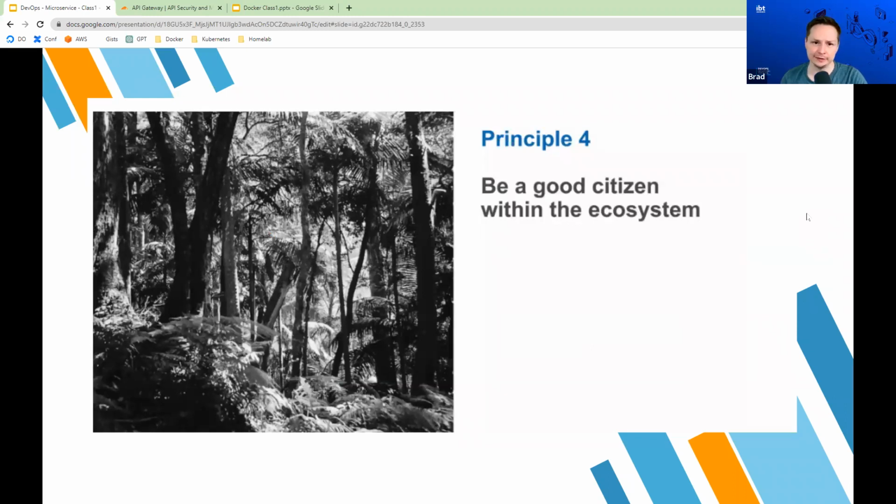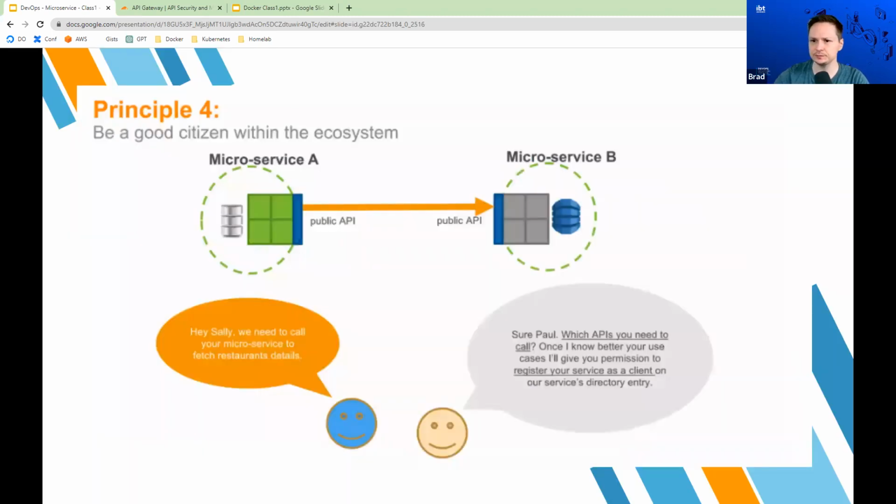The next one is be a good citizen within the ecosystem. Looking at this example, service A is talking to service B, Sally talking to Paul. Sally tells Paul, hey, I need to fetch certain restaurant details from your application, right? And then Paul responds, oh, okay, which actual APIs are you interested in?